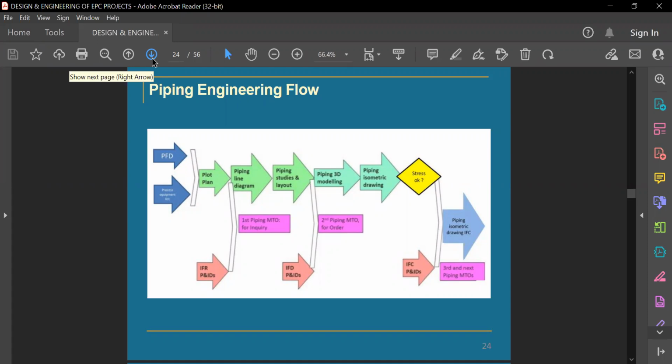And of course, the interdependency is there. As I said, process flow diagram and P&IDs are given by process. So those are the inputs for the piping engineer to do their detail engineering. And of course, they may ask the instrument engineer also for inline instruments. For example, a valve is coming. In the beginning, the instrumentation engineer will have to have some standard, as per international standards, a 4-inch valve, a control valve,